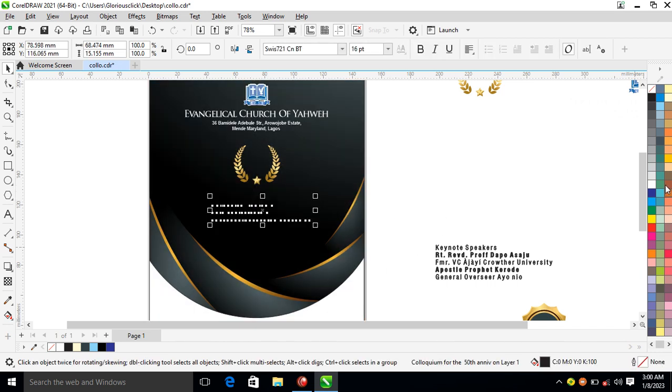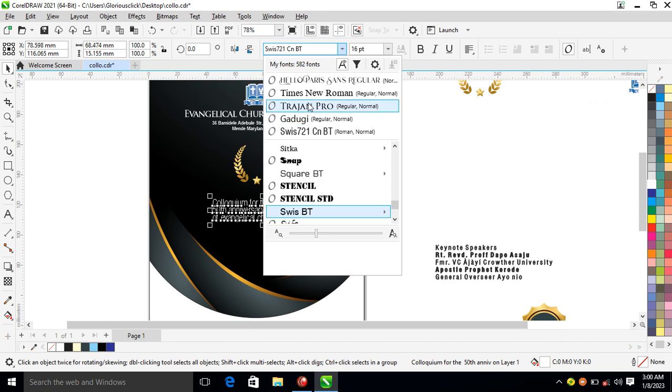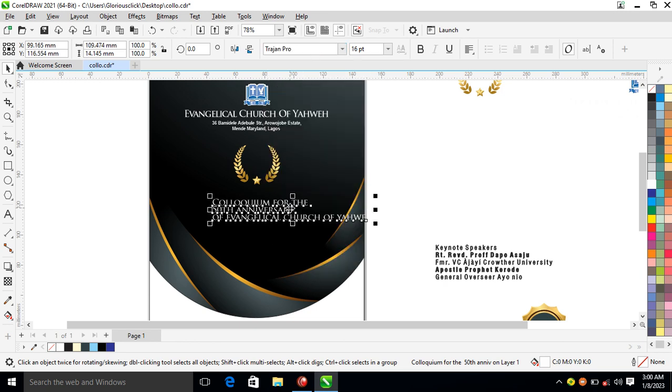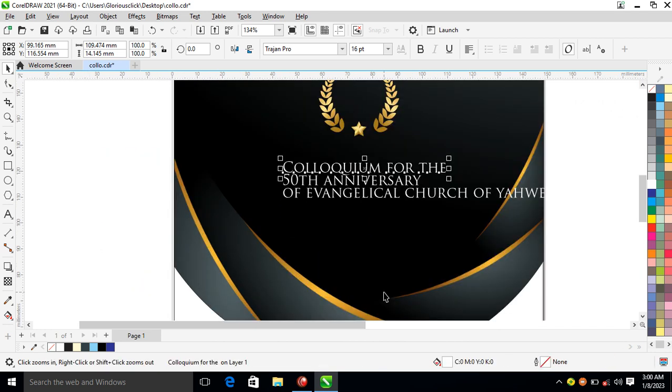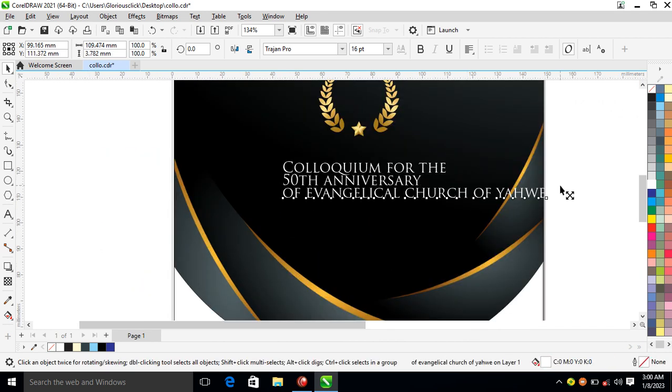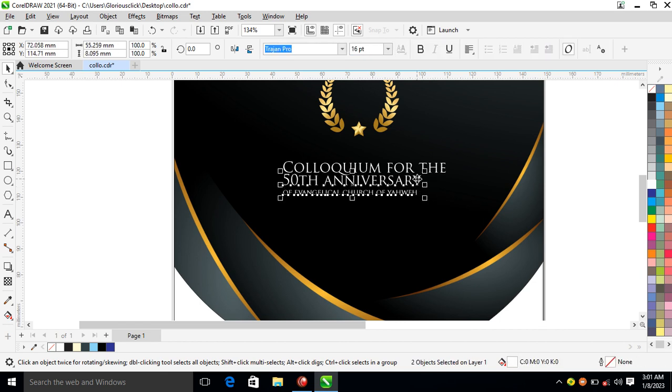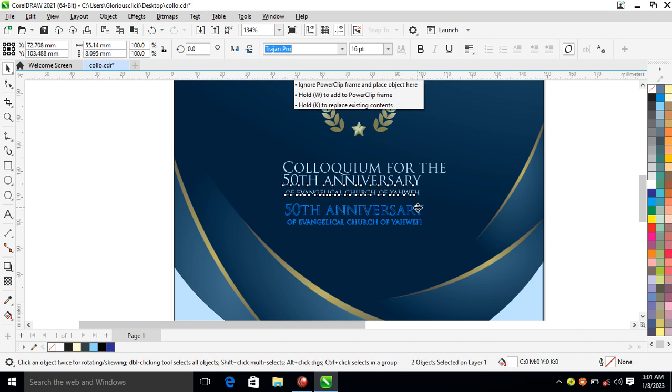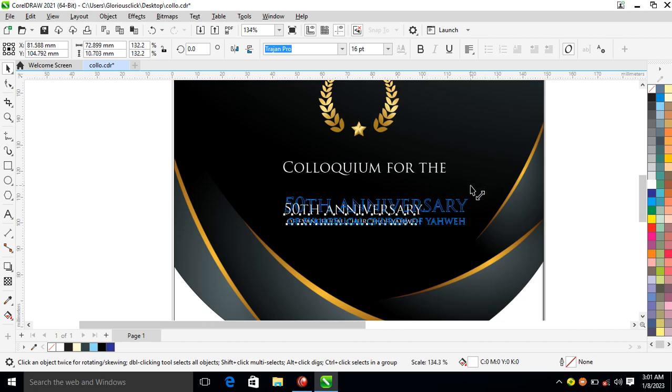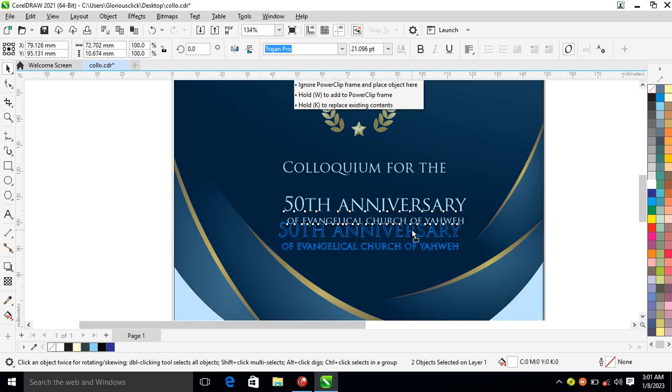information for the church. Let's change it to white. So let's go over and change the font to Trajan. So hit Ctrl K on your keyboard to break that text into pieces. Then you adjust the name of the church, reduce that a little bit, then you center it within 50th anniversary, then adjust it a little bit downward, make it bigger, position that to the bottom,